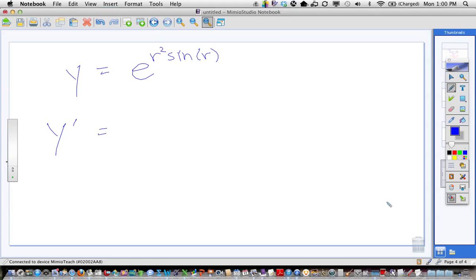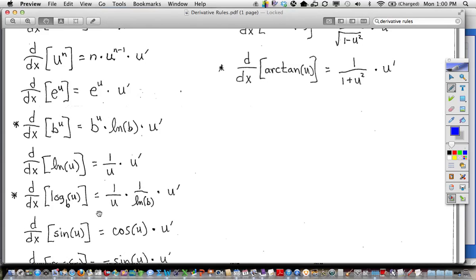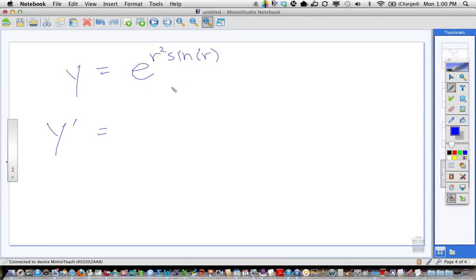Yeah. First of all, and not that it's that important, I'm not going to ask you that or anything, but first and foremost, this is an e to something derivative. So e to some stuff is e to the stuff times the derivative of that inside stuff. It just turns out that the inside stuff this time is a product rule. So the derivative is going to be e to this stuff left alone, that's the inside, so we're leaving the inside alone, times the derivative of the inside stuff, so big set of parentheses,